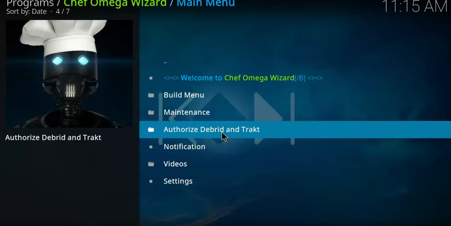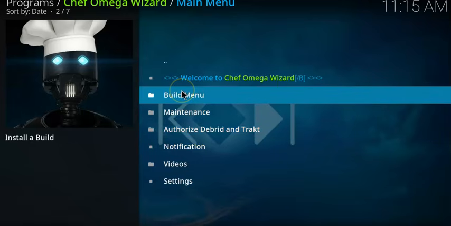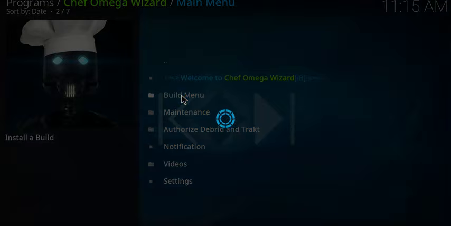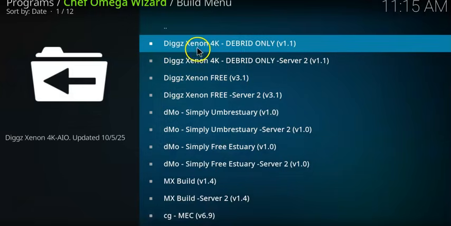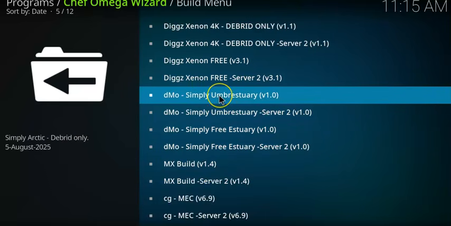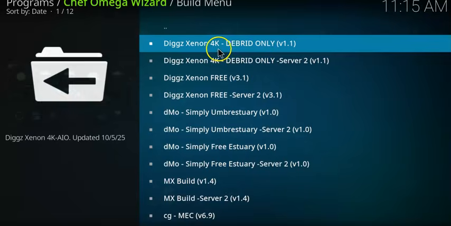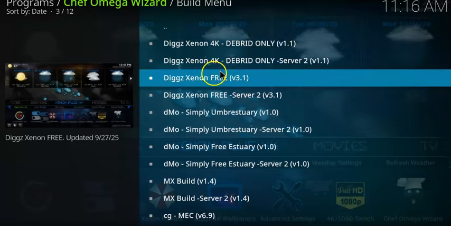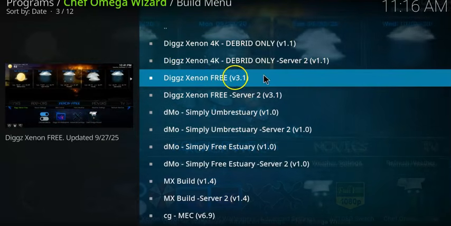As you know, most of these builds use Real-Debrid, which requires you to have this. This is where you can do the setup. Now let's click on the build menu. So the builds you will find here, there are tons of builds. You have the Diggz Xenon 4K, Diggz Xenon Debrid only,